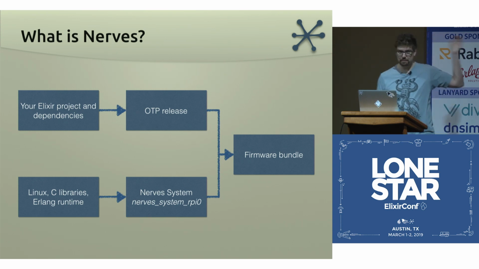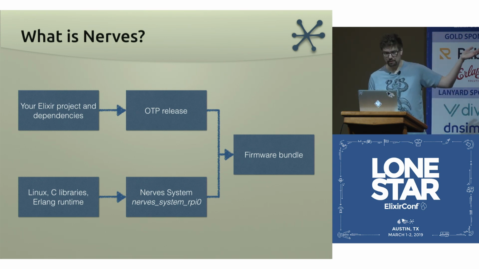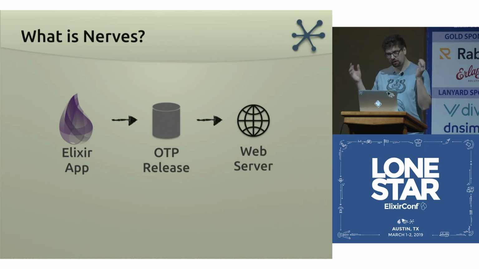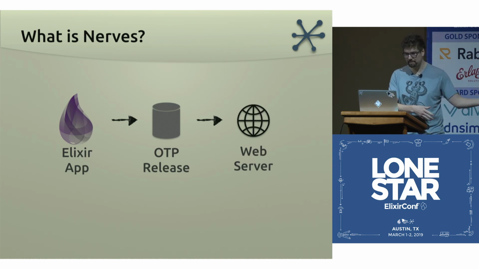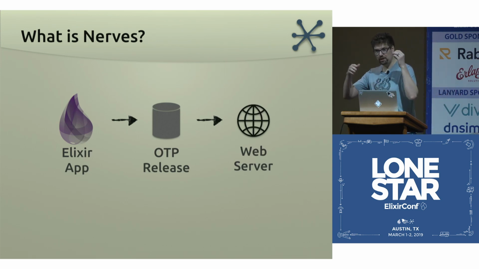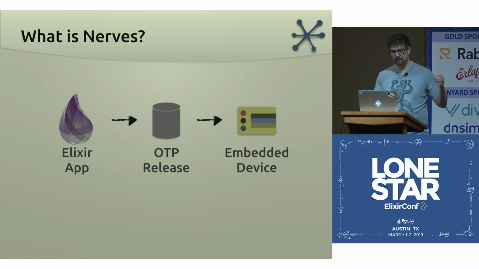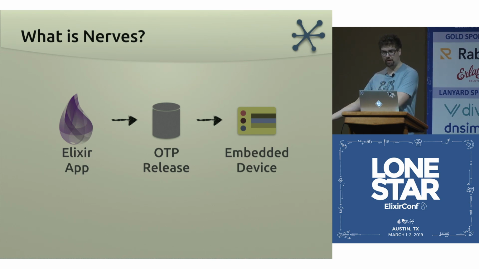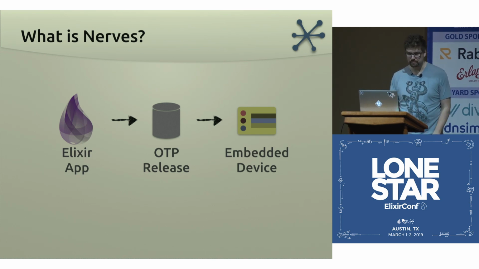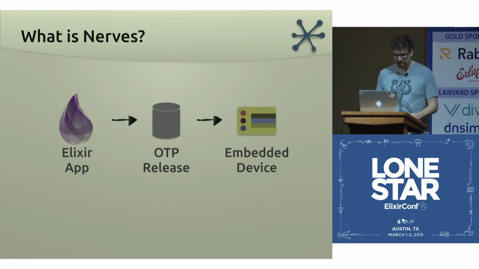This may look overly complex in a way, but the simplistic view is that we're all used to this pattern: Elixir app, OTP release, drop it on a web server. We're familiar with producing web applications. But in our case, instead of putting it on a web server, you take your Elixir app, you make an OTP release, and you drop it onto an embedded device. From there,